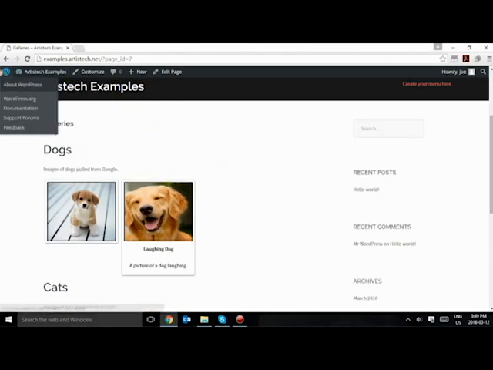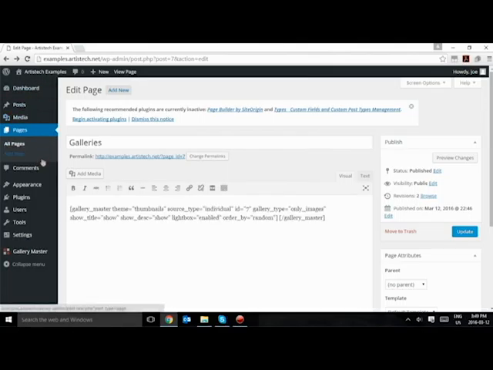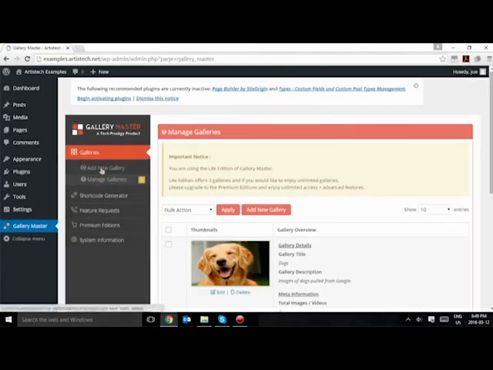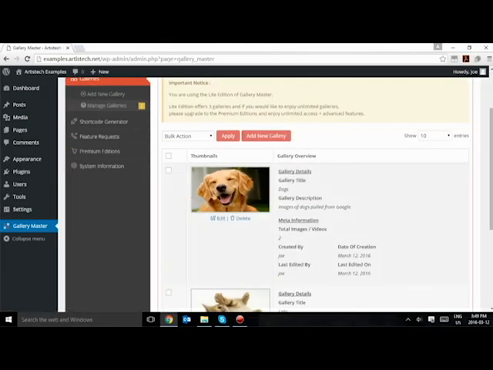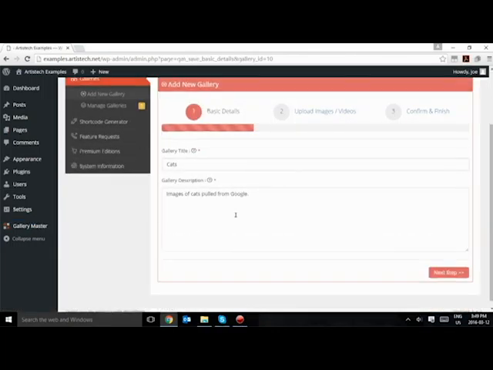So next up, we're just going to go back. And the last thing I'm going to show you is how you can edit your galleries once you've already created them and add more images to the gallery. So all you have to do is go into your galleries, and you'll see the two galleries. We'll see gallery title dogs and gallery title cats. For the purpose of this, we're just gonna hit edit on cats,